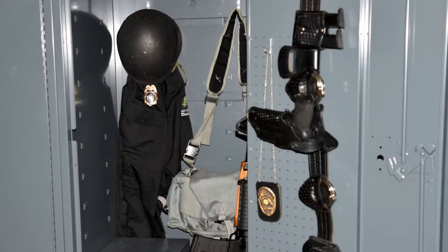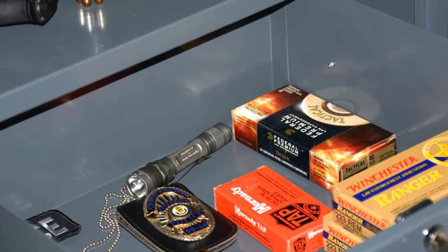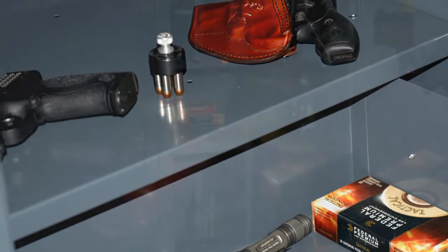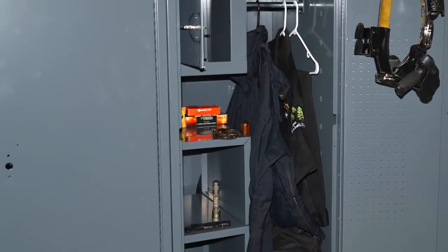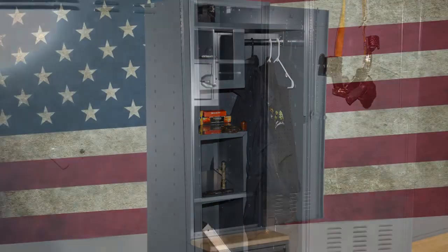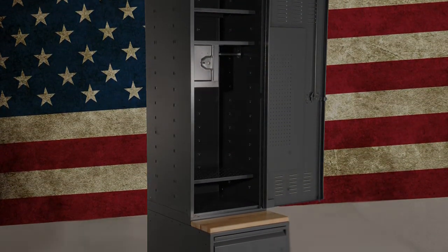The needs and requirements of each department are unique. The diversity of equipment that is being stored in these lockers requires a variety of configuration options. Debourgh has improved our original design so that each unit is used to its maximum potential. We've taken all of the essential components used in our original design and enabled the user to configure their own layout that best suits their needs. The components include: